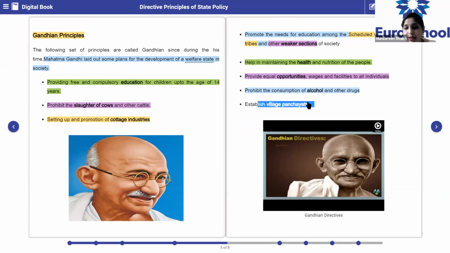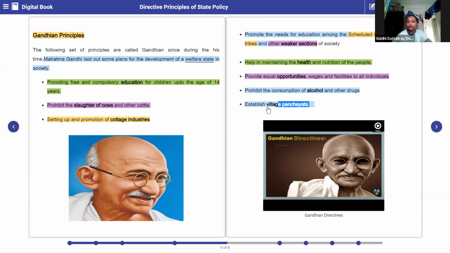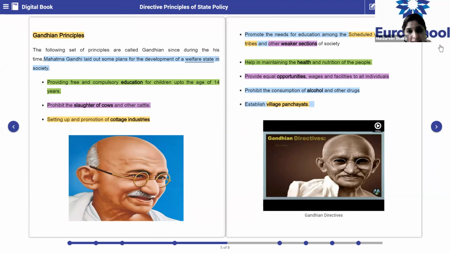So these are all the Gandhian principles. You might definitely get a question to list all the Gandhian principles, so you'll have to learn these principles by heart. I hope you all understood all the Gandhian principles. You all can ask me, children. Ma'am, I am having